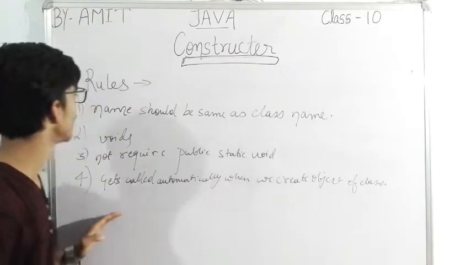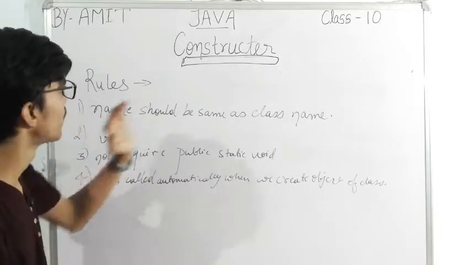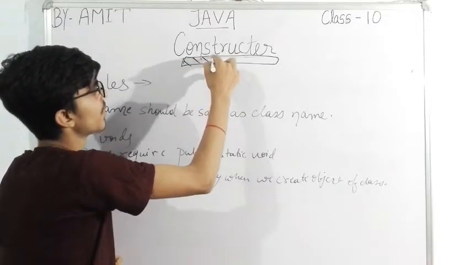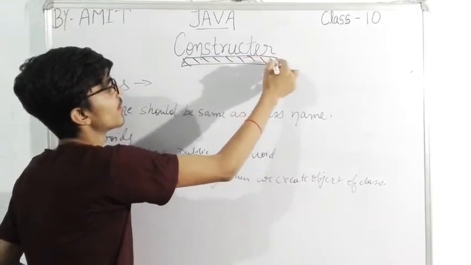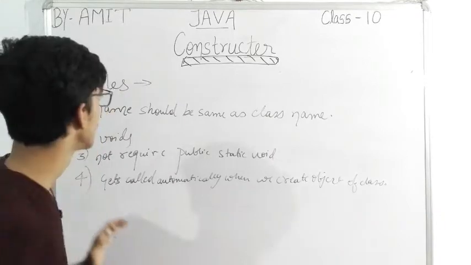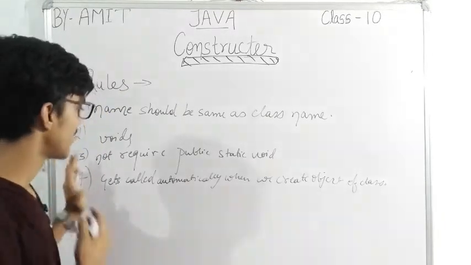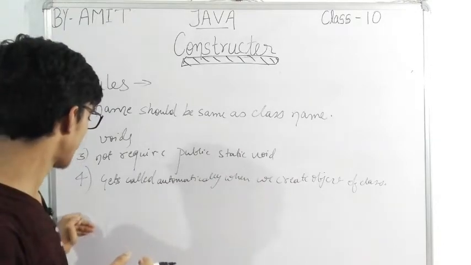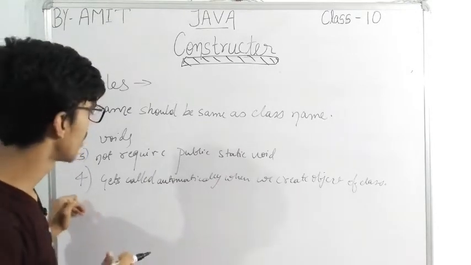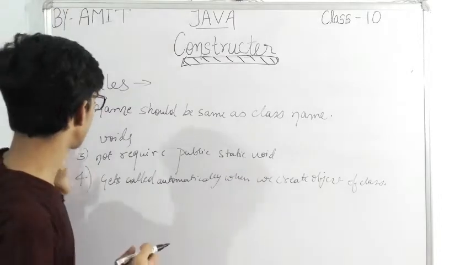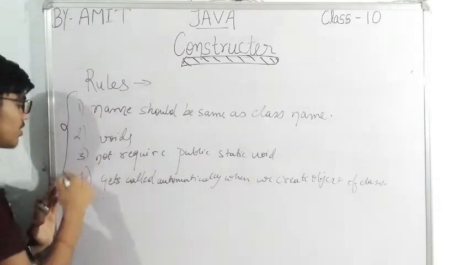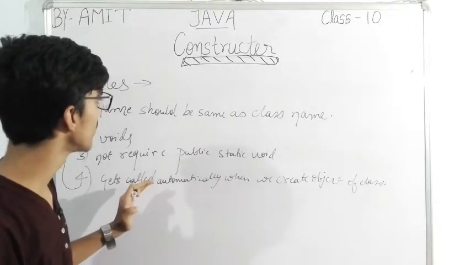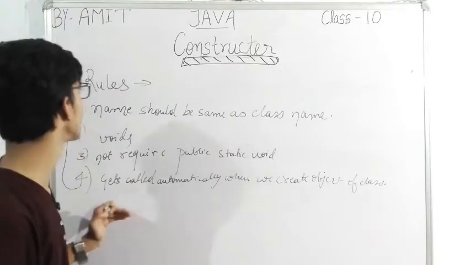So, we have here the rules for the constructor. A constructor follows certain rules. Here there are 4 rules. There are generally 5 rules, but that 5th rule is not important or not executed. So there are only 4 rules to be learned and used when we develop our programming skills.